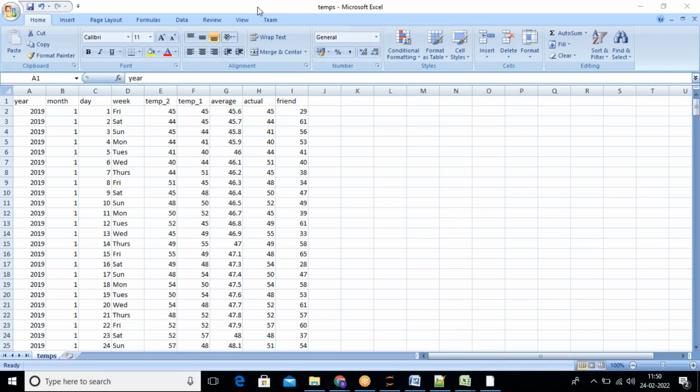Basically, this data set tells that the first one is actually telling about the data set। ये बोल रहा है हमारे डेटा सेट के बारे में। तो सबसे पहले मुझे लगता है ये बोल रहा है हमारे ईयर के बारे में, राइट? Next it's telling us about the month of the year, then the number of days of the year, then the week, and then temp_2 is the max temperature 2 days prior।